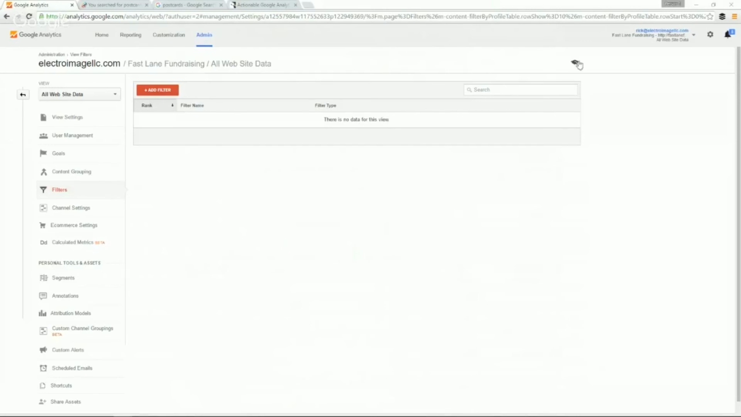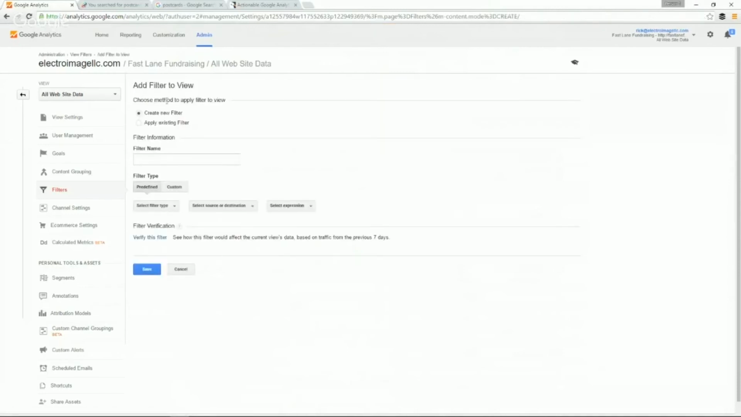So I'm going to add a filter for myself. The way you do that is just click add a filter. Then it asks whether you want to create a new one or apply an existing one. I'm going to create one, and I'm going to call this Will Office. Next, it wants to know the filter type. There's a bunch of predefined ones, and that's probably all we need. I'm going to exclude